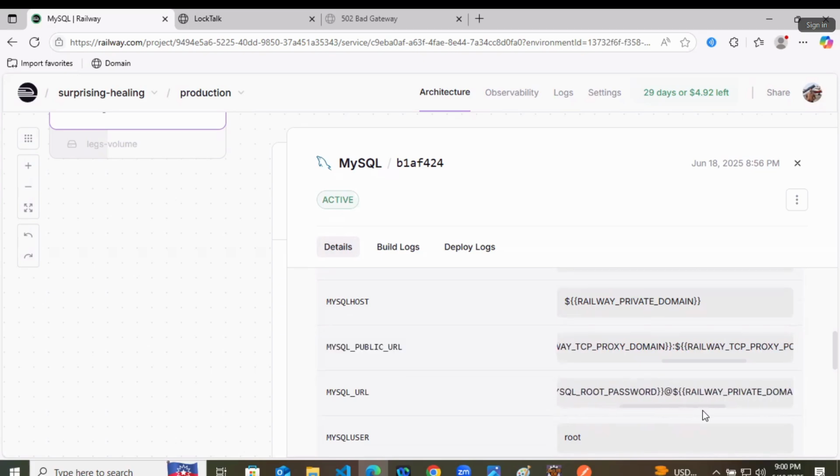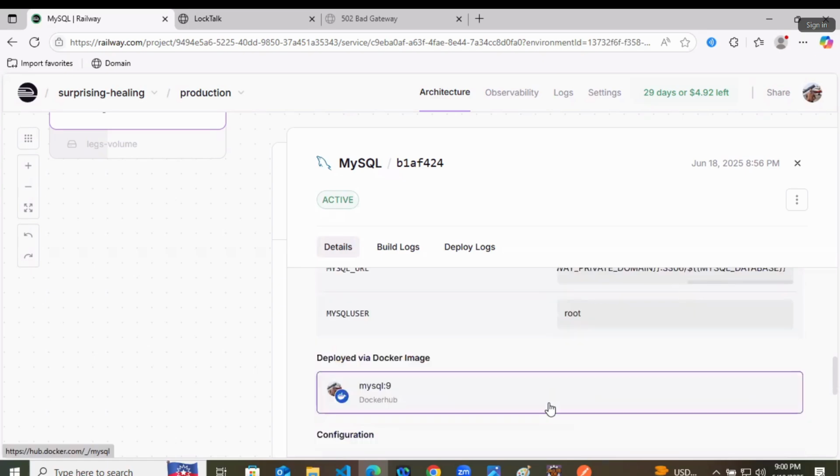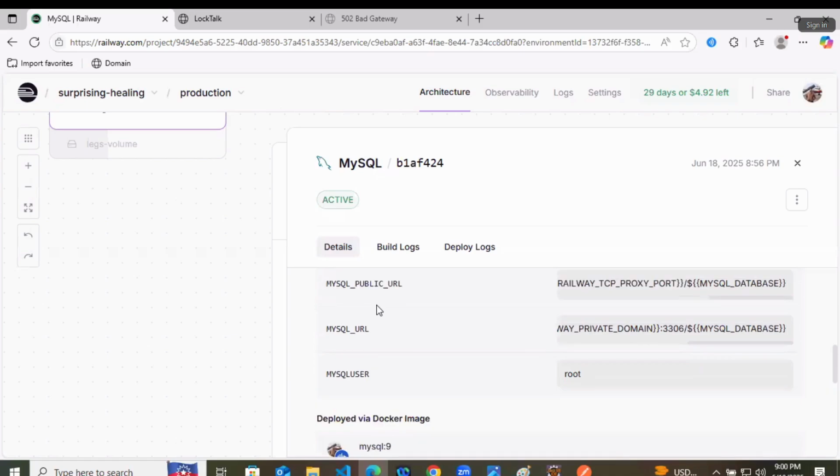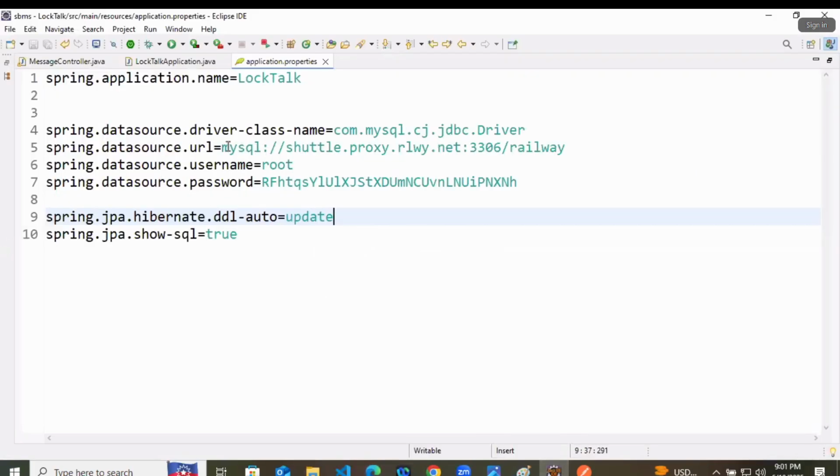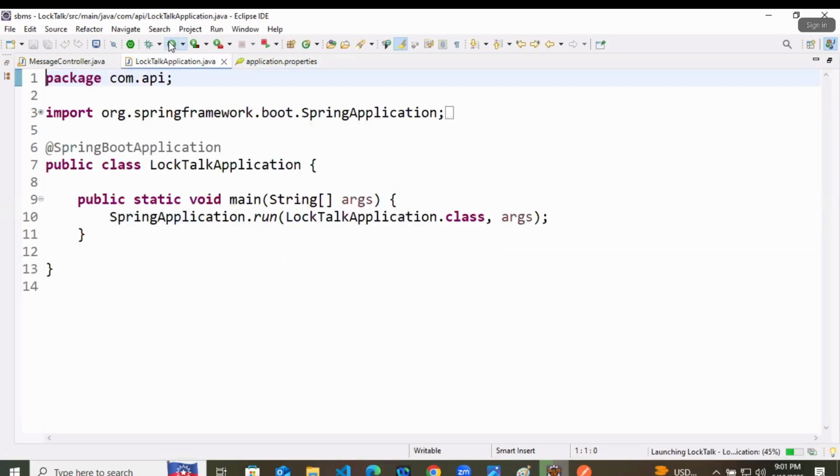Now what you are understanding from this, there are two things. One is MySQL URL and one is MySQL public URL. What you are understanding from this particular thing? That we have to keep our URL in this way. This is the one assumption that we can make. Let's restart our application. I have removed JDBC this time and we will restart our application.